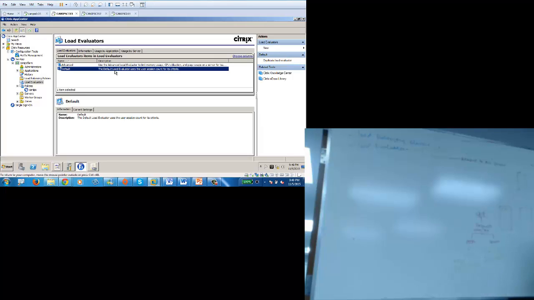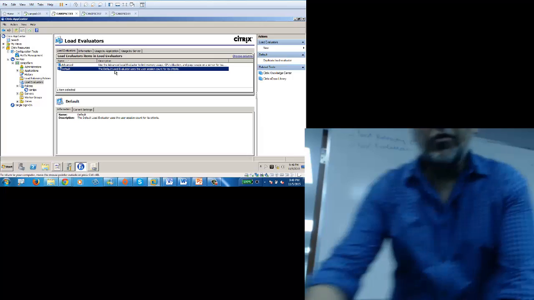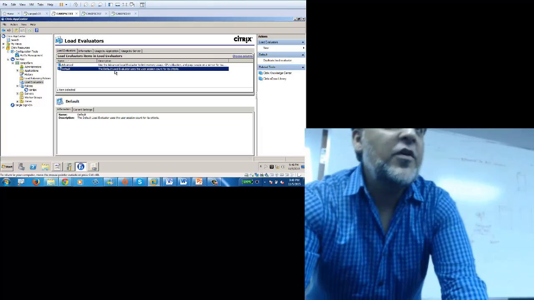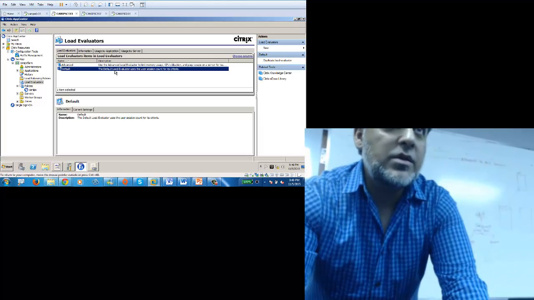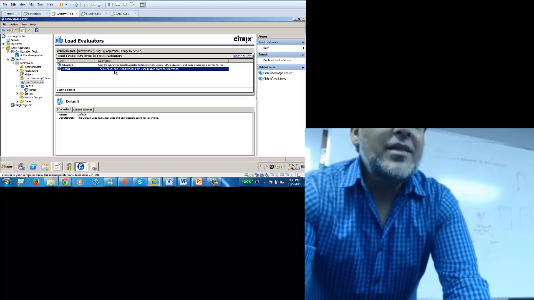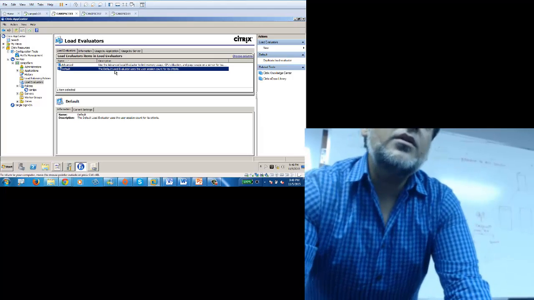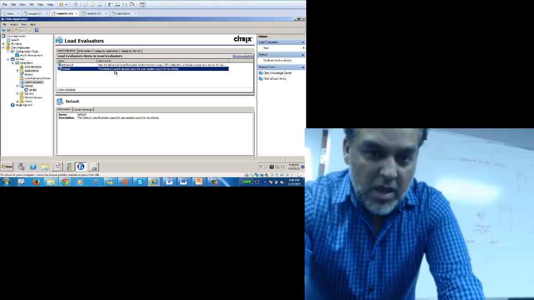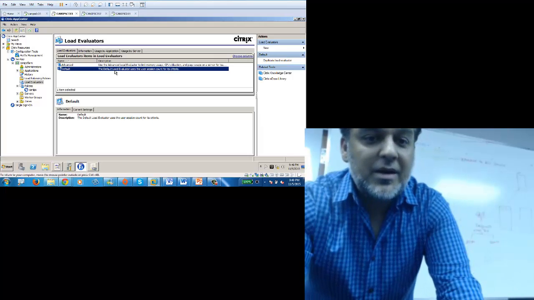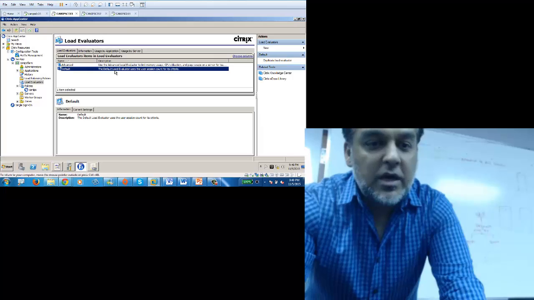For now, there is no load evaluation on the application. You just right click on the application and attach the load evaluator. We'll see how it is done, but for now, just leave this as is because we need to test this out. So guys, other than this, what other settings can you use? If you go to current settings, and within current settings,